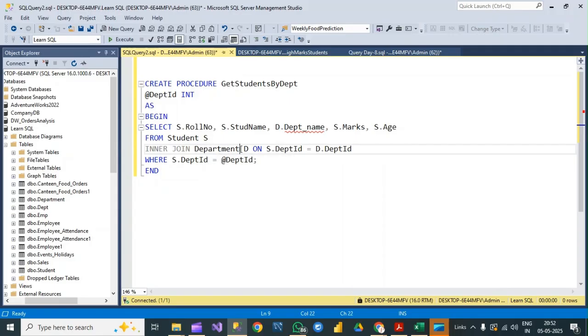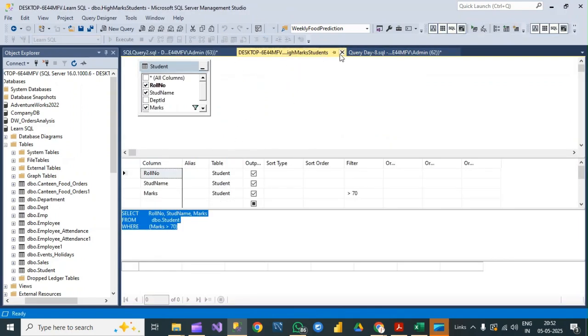We have the DEPT, department, okay, so this is my department table. So Department D on S.department_ID equal to D.department_ID. Okay, so if I show you the two tables,